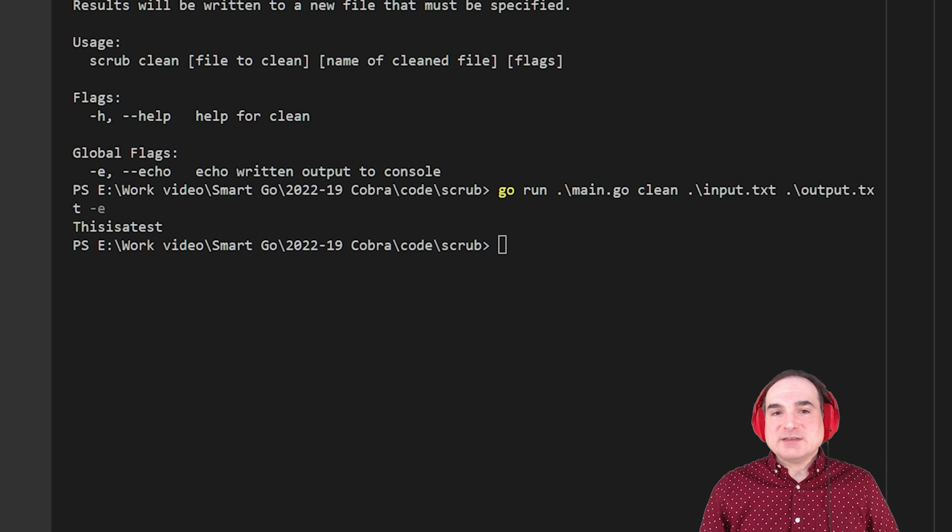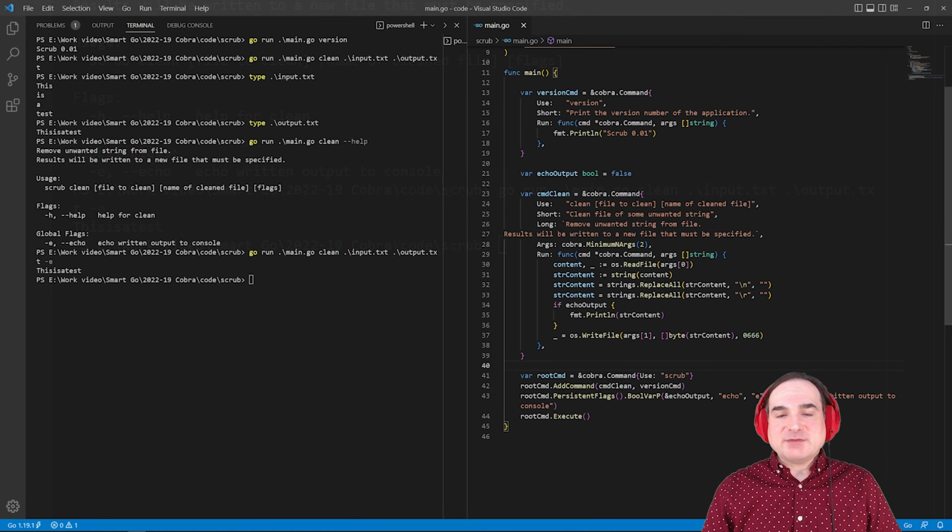Now, all of this is just a taste of what's possible with Cobra, but the idea should be clear. We don't have to do any manual parsing of arguments at the command line. Instead, we can write programmatic definitions of what commands we can accept and how to work with them. So to sum up, Cobra lets you write handlers for command line options for your Go programs. It automatically generates contextual help, and it gives you utilities for handling flags and parameters for commands. And it does all this at a very high programmatic level, so you don't have to manually wrangle strings from the command line to accomplish any of it.